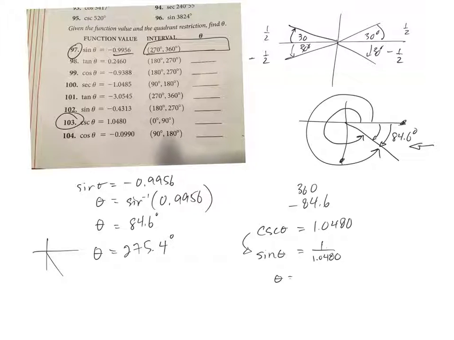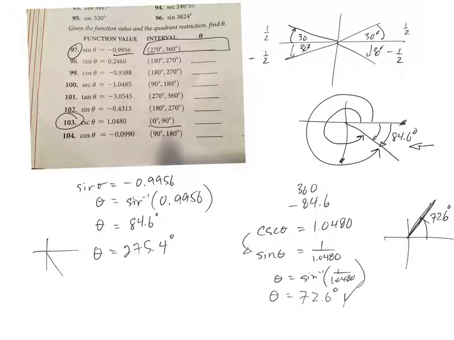So now I'll take the arc sine of that, of 1 over 1.0480. Okay, let me do that. Arc sine of 1 divide 1.0480, go. And what that does is it gives me an angle of 72.6 about. 72.6 degrees. Now, in that question there, they want it from 0 to 90. Oh, there it is right there, 72.6. That is my reference angle, and that's the quadrant that they want, so that'll be